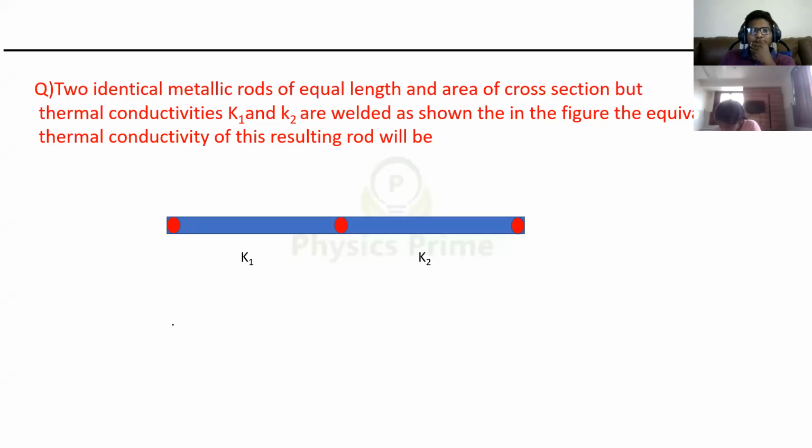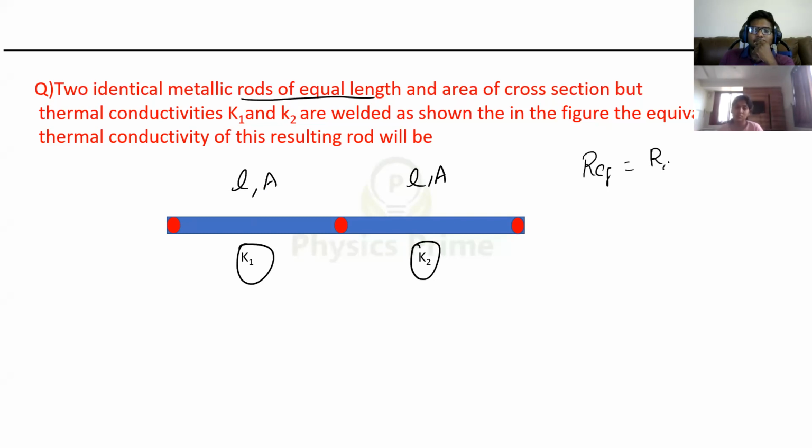Here are two identical metallic rods of equal length, so I can consider this as L. Same area A, but the thermal conductivity is K1 and K2. So if I consider here, R equivalent is what? R1 plus R2. That means R equivalent, with both rods combined together, the length will be L1 plus L2